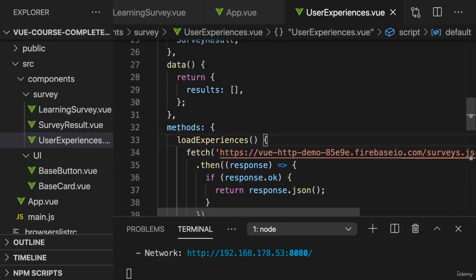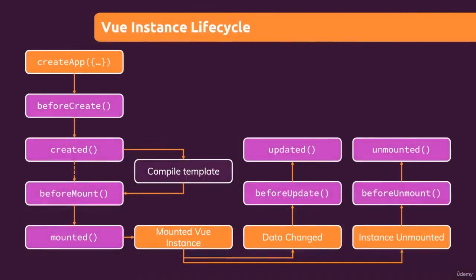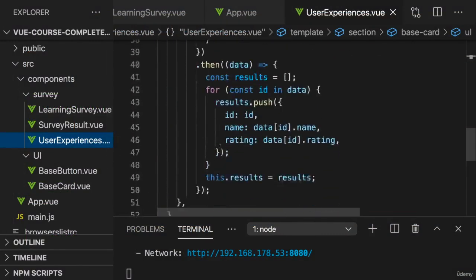Well, of course, we can also trigger this method, not just when this button is clicked, but when this entire component is loaded for the first time. And how could we do that? Well, you might remember this Vue lifecycle, which every instance and therefore also every component has. We can utilize that. Every component follows that lifecycle, and therefore here in user experiences, we can simply add,